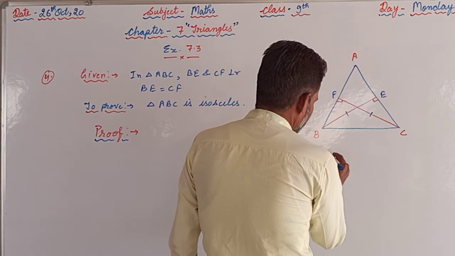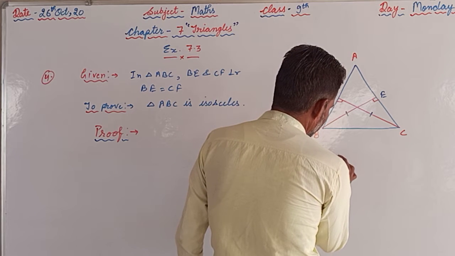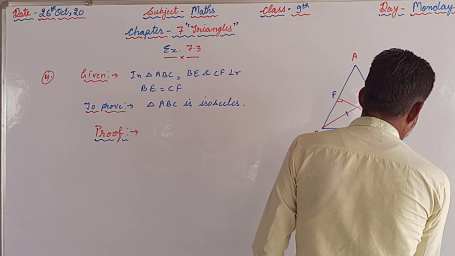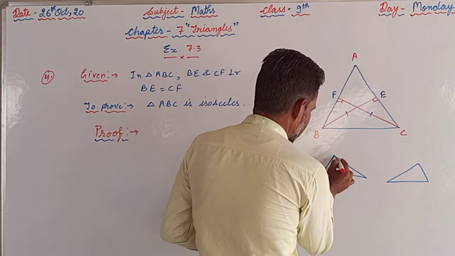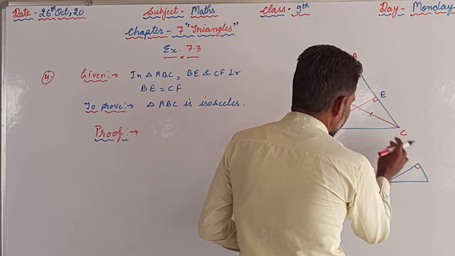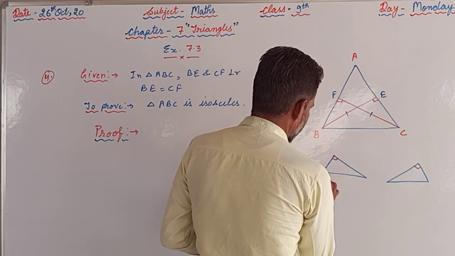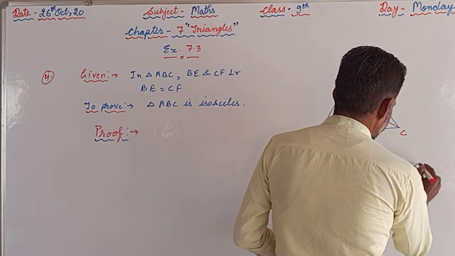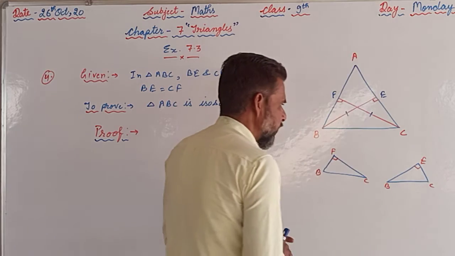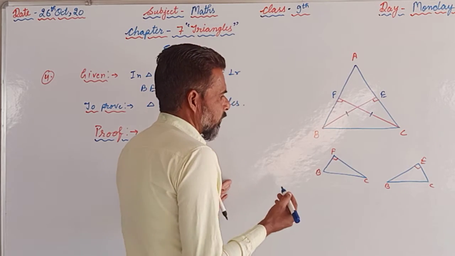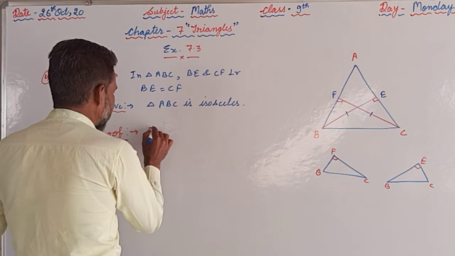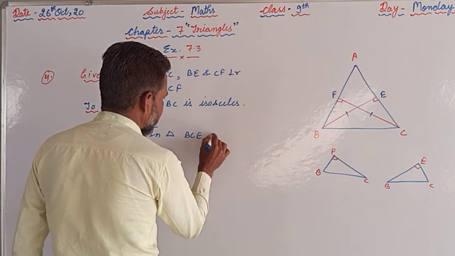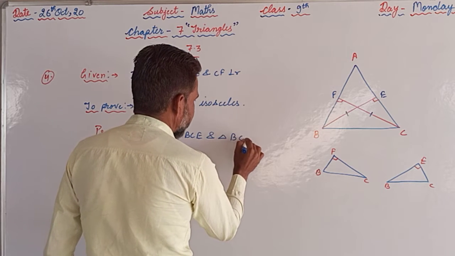So for that, I will separate the two triangles like this and like this, and I will give the names to this triangle and this triangle, that is BFC and BEC. These two triangles we are supposed to compare. In triangle BCE and triangle BCF,